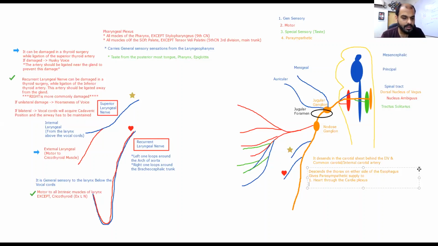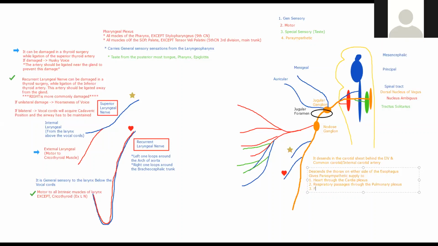And the lungs and the thoracic respiratory system, the respiratory passages, through... any one of you, do you know it? Through the pulmonary plexus, which is again what? A ganglia. The nerve before the pulmonary plexus is preganglionic, and after the plexus the nerve is the postganglionic one. Okay. And number 3, the foregut